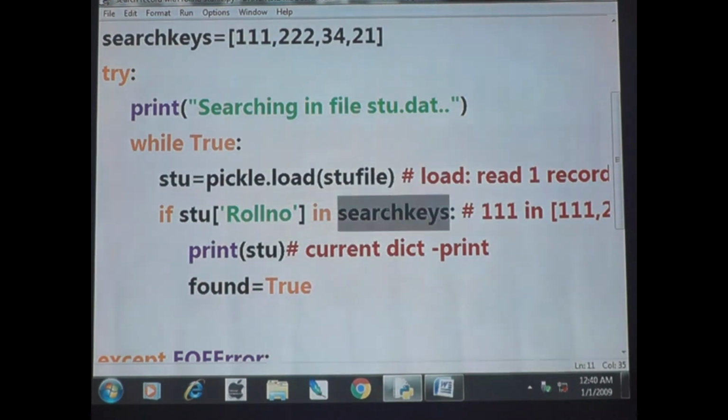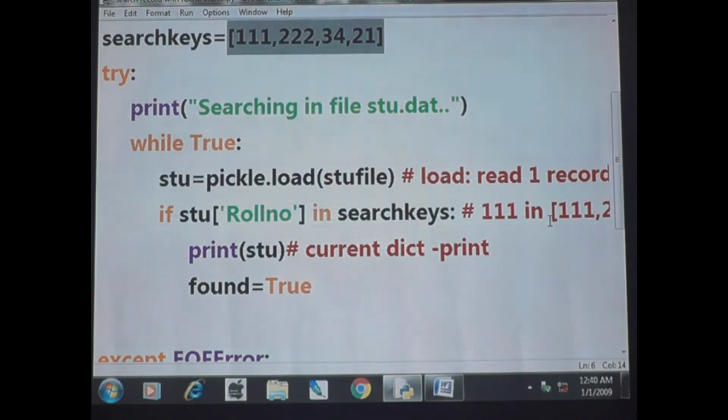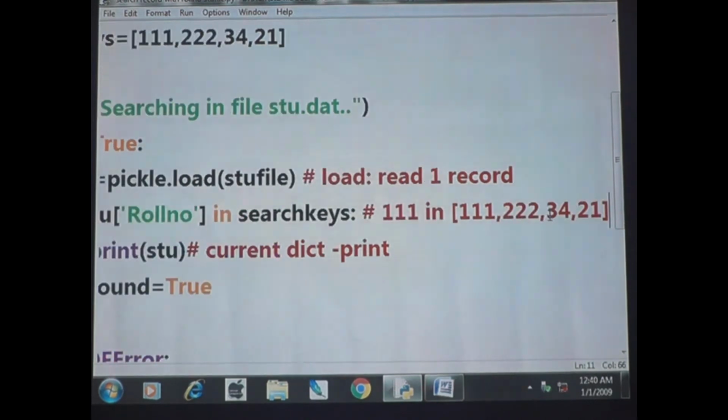You see, search key means this data. So copy it and here we can paste it, Control V. So roll number means 111, in means the same in, then search key means this data I am writing here.